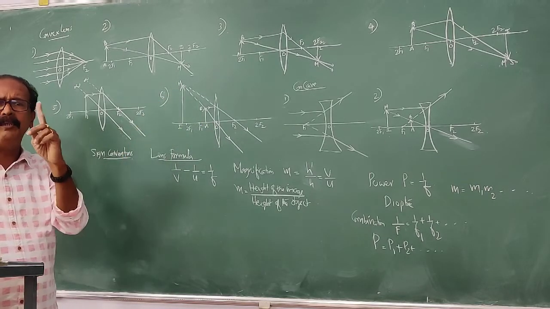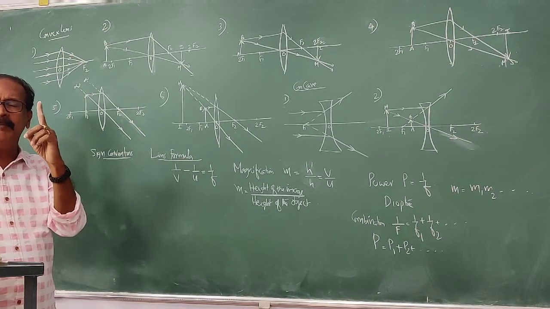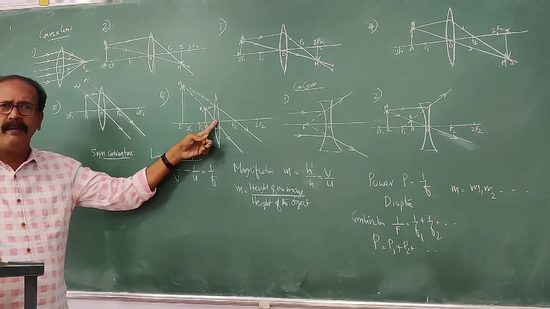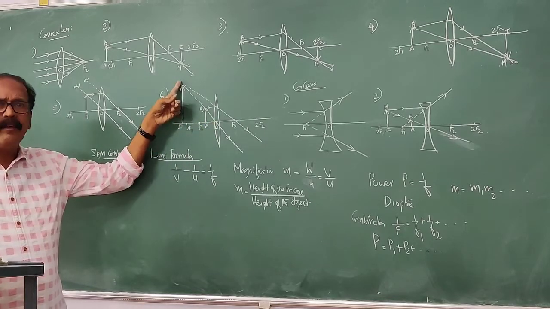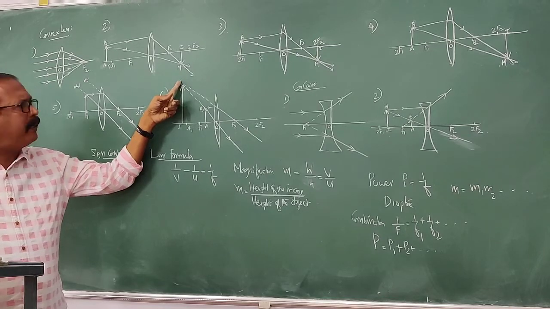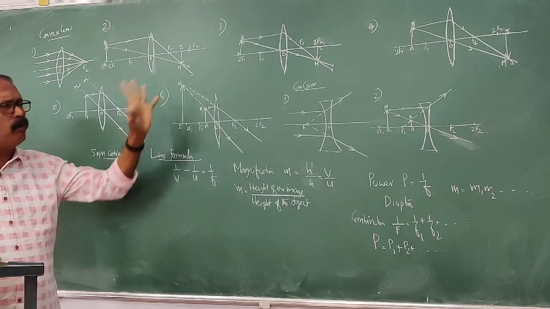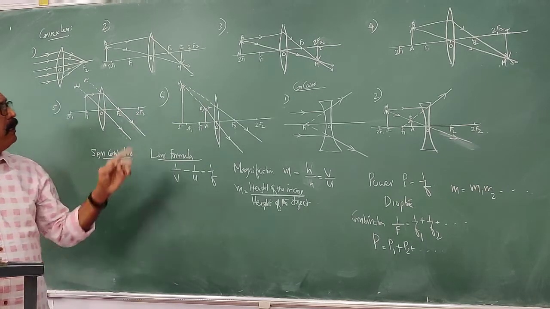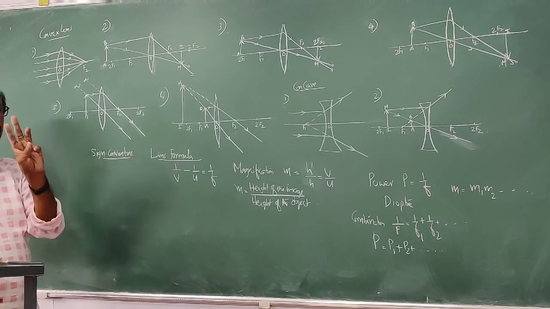You have the only position where a convex lens forms erect images: when the object is between F1 and the optic center O. We get an erect image on the same side, a magnified image, an erect virtual magnified image. So draw all these image positions thoroughly using ray diagrams and using three properties.